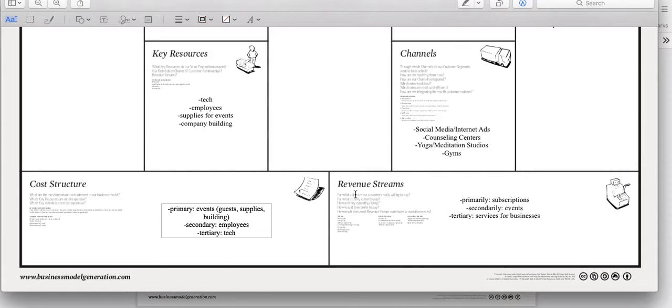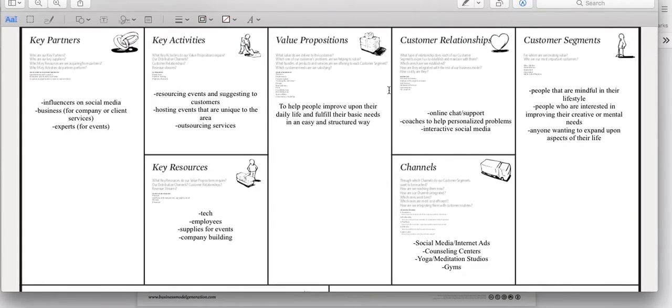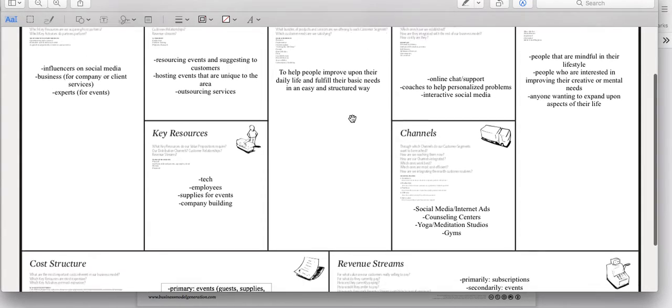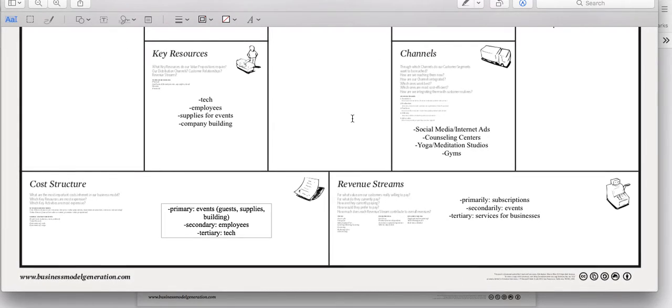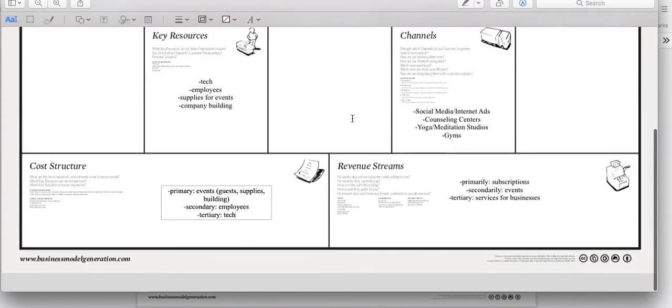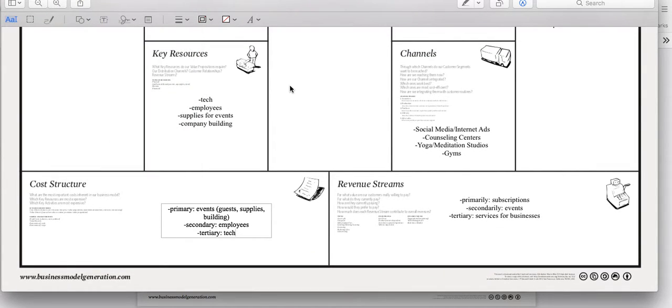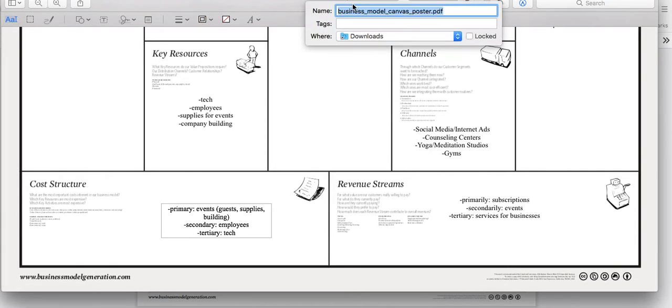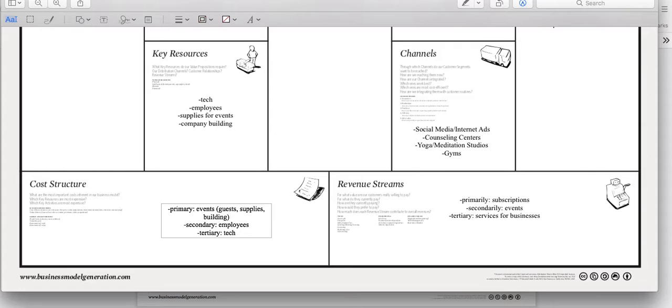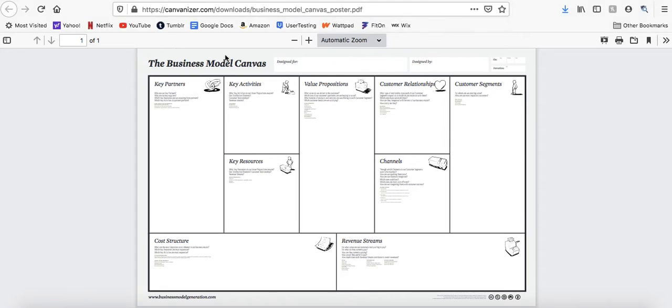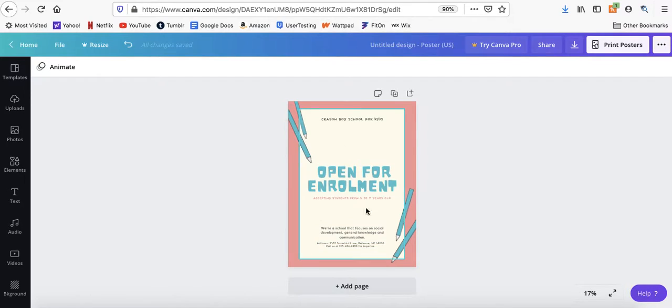So this is a completed business model, just running through it really fast. I wasn't going too deep into detail because it is a new idea and I haven't completely dove into all of it, but this is a really good basis of what it would be. So we're going to save this. And then I'm going to close out of that, and we're going to go on to creating an idea of what it would look like.